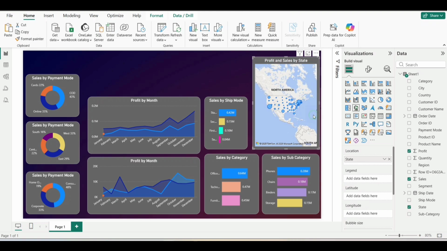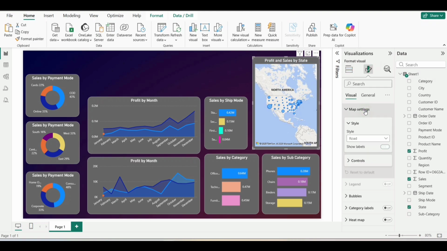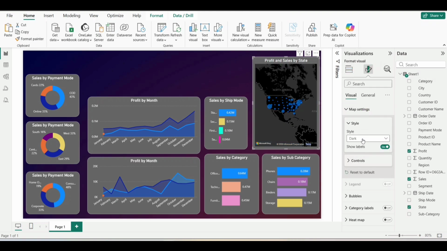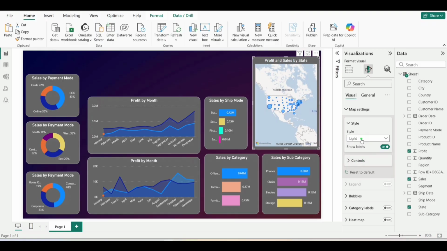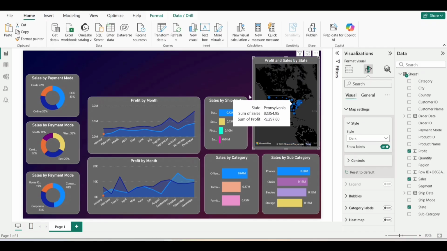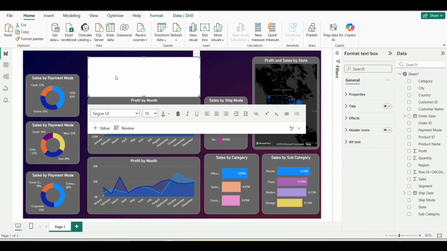See, on selecting the map, you can go to the map settings and road. You can select dark, light, and like this. Grayscale is also there. Road is there. But I am selecting dark as per my requirement. It's done. Now I am creating a text box here